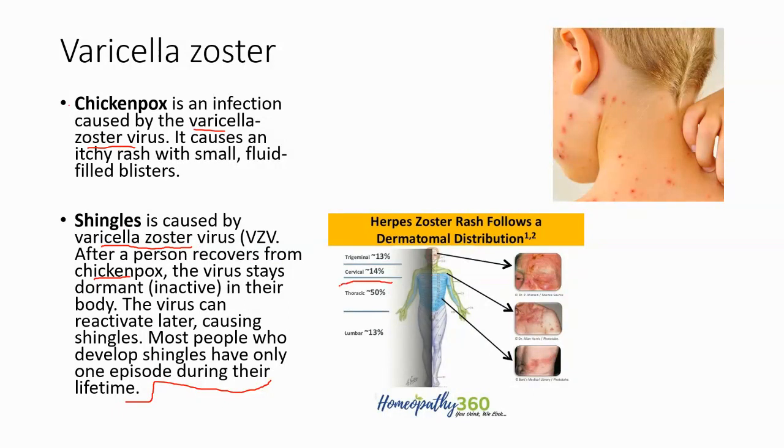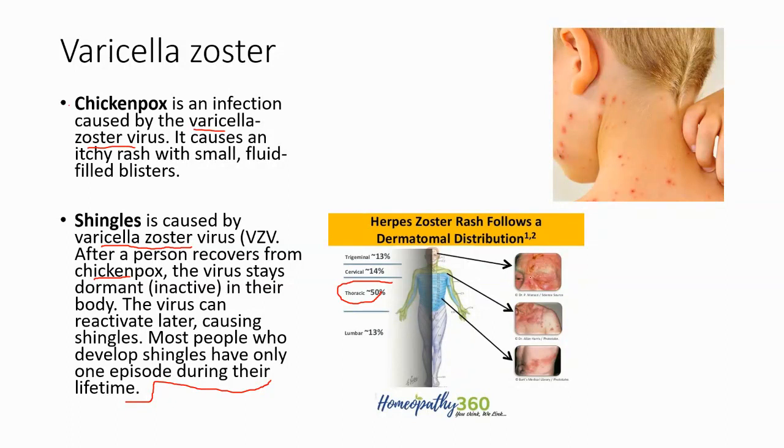And most commonly, shingles we see in the thoracic area right here, about 50% of them. You can see it follows that dermatome. That's one way of diagnosing it. Generally, they get it in only one dermatome, so that means they have it only on one side of the body. Again, most commonly the thoracic, but we certainly can see it up in the neck and the cervical area,